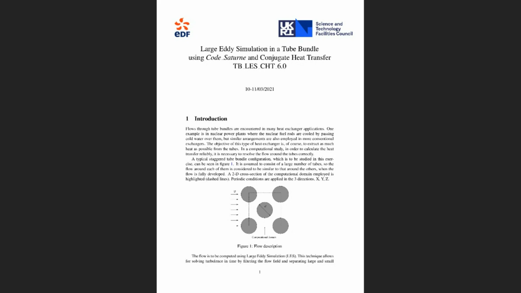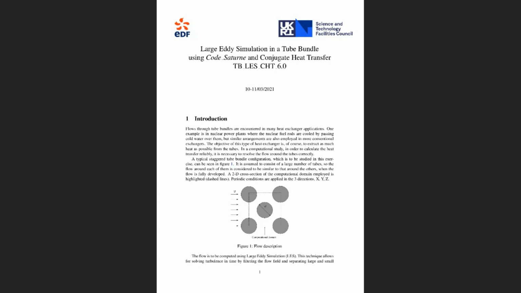So now we're going to go to the next tutorial, which is an extra step from what you did yesterday, in which we're going to try to add heat transfer through the solid of what will be a heat exchanger in this case. It's the same configuration as yesterday, except that now these cylinders have a thickness. They are steel cylinders. And the idea is that you follow the instructions